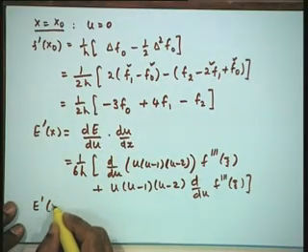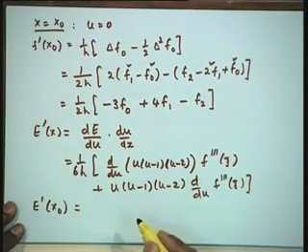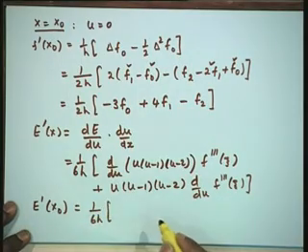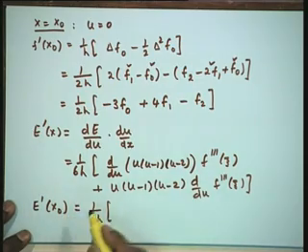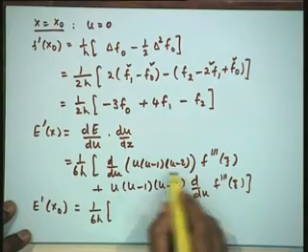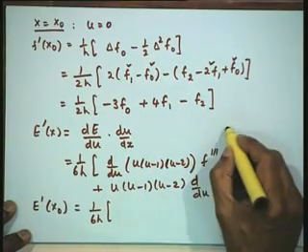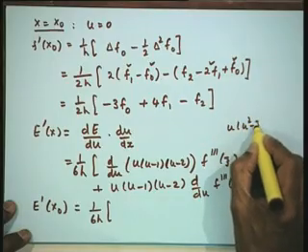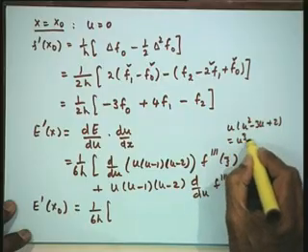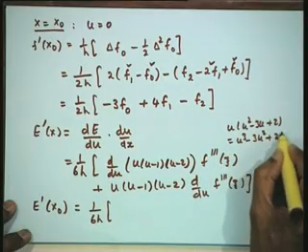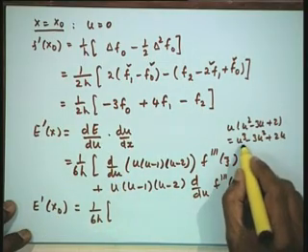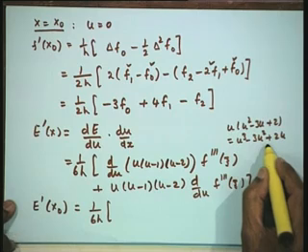So, I will have the error derivative at x naught is 1 upon 6 h. Now, at x naught u is equal to 0. So, this second expression is going to be 0. So, let us differentiate this. This is your product u into u squared minus 3 u plus 2. So, that is your u cubed minus 3 u squared plus 2 u. I differentiate it and then put u is equal to 0. So, if I differentiate it, I will get 3 u squared minus 6 u plus 2.